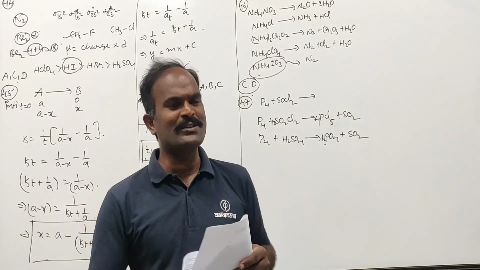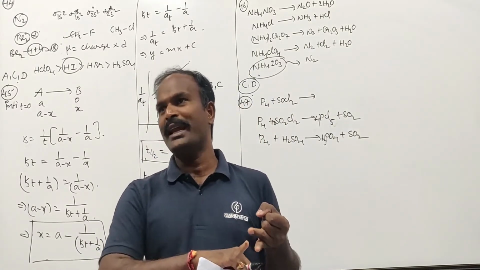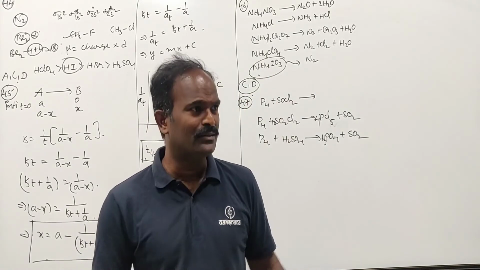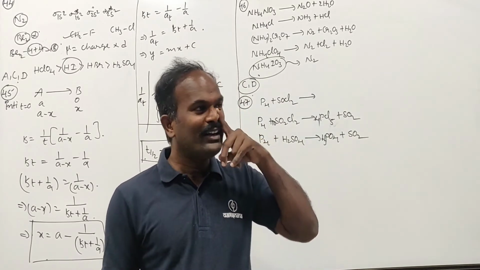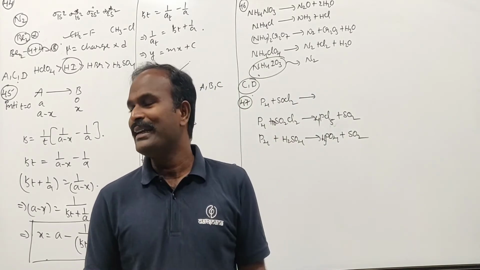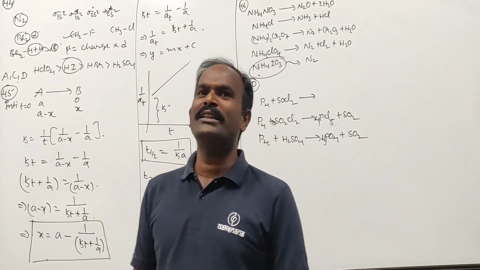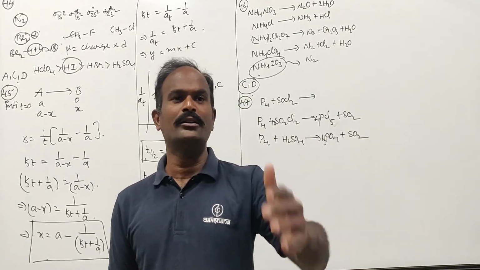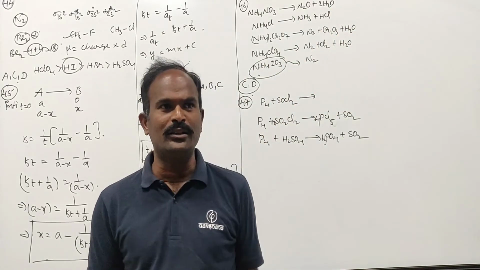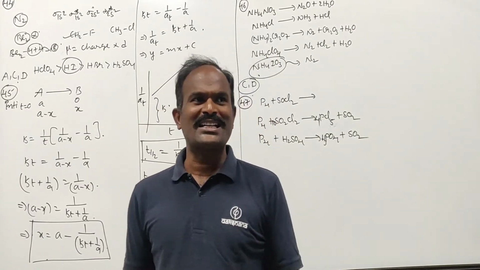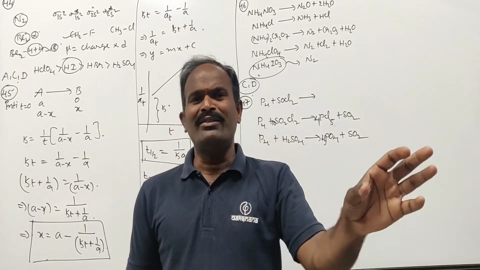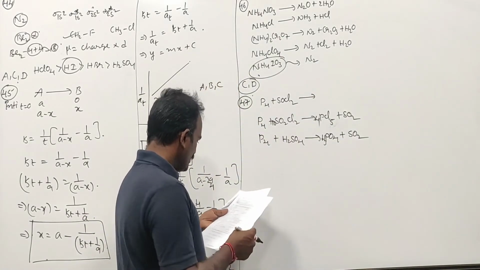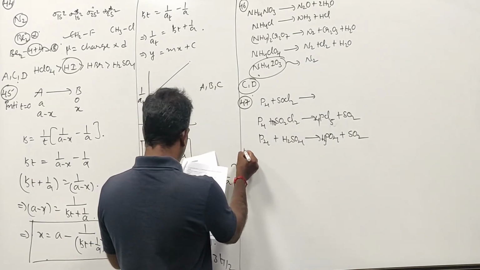True. Not only phosphorus, even if you take iodine, any metal as well as any non-metal, upon treatment with concentrated H2SO4, it liberates sulfur dioxide gas. Upon treatment with concentrated HNO3, except a few like iron and noble metals like gold and platinum, all the remaining ones liberate nitrogen dioxide. Remember that one. Next, when it comes to question number 48.